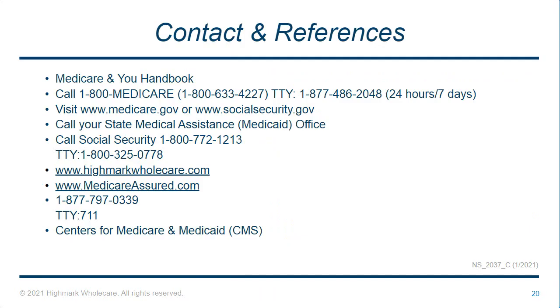Some contacts and references for you. Medicare and You Handbook. You can call 800-MEDICARE. Again, that's 800-633-4227. The TTY line at 877-486-2048, which is available 24 hours a day, 7 days a week. You can visit www.medicare.gov,